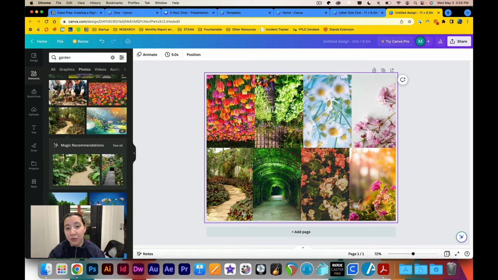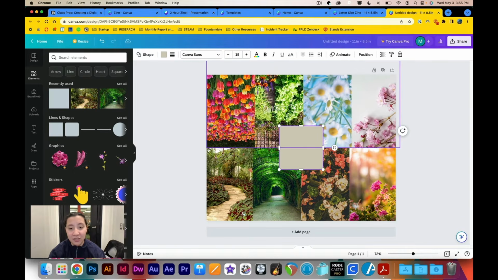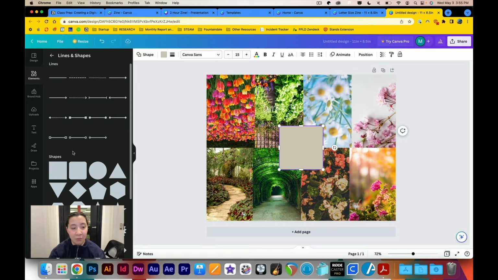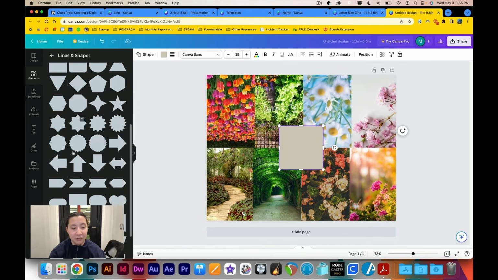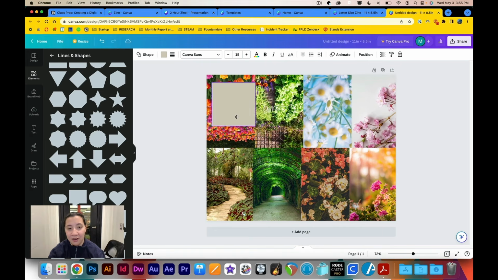The next step I'm going to do is lay a colored square over each page, just so that I have a place to put my text later on. I'm going to do this by going back to elements, clicking lines and shapes, and you can click the see all button to see all the different shapes that Canva has. I'm just going with a regular square and putting it over